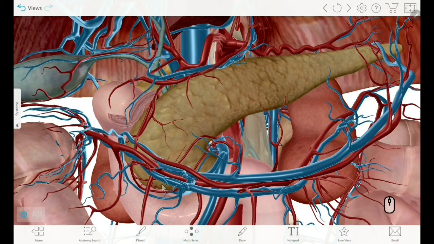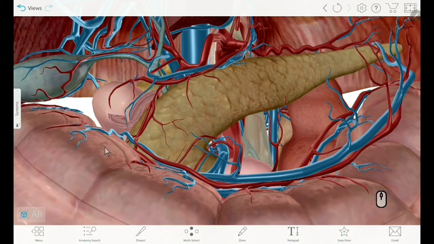Besides having the three borders, the pancreatic head also has an anterior surface, which we can see now, and a posterior surface which we cannot see without rotating the model. Now let's see the relations of the anterior surface of the head of pancreas. So the anterior relation of the head of pancreas is formed by the gastroduodenal artery. So we saw the gastroduodenal artery, which was given off by the common hepatic artery. Now the anterior relation of the head of pancreas is also formed by the transverse colon, which we had removed to better appreciate the head of the pancreas. Now I will add it back.